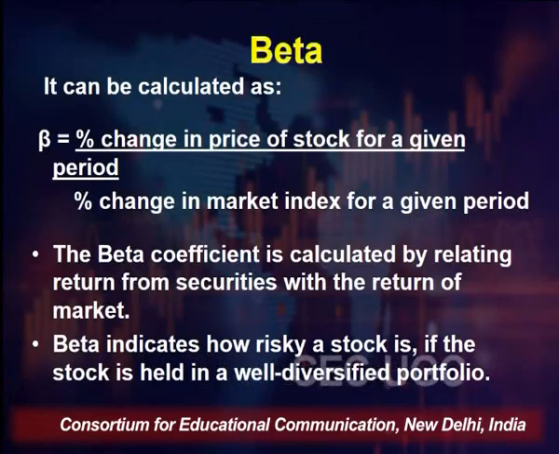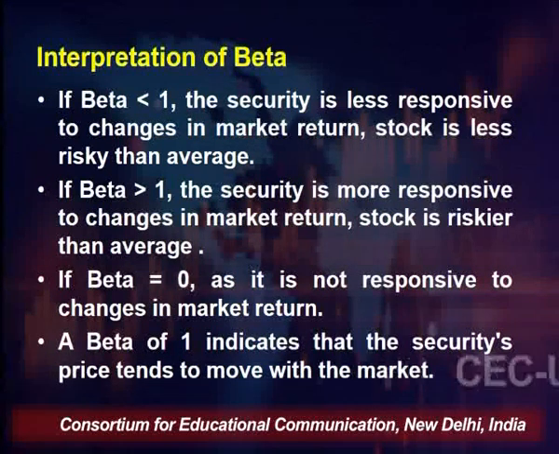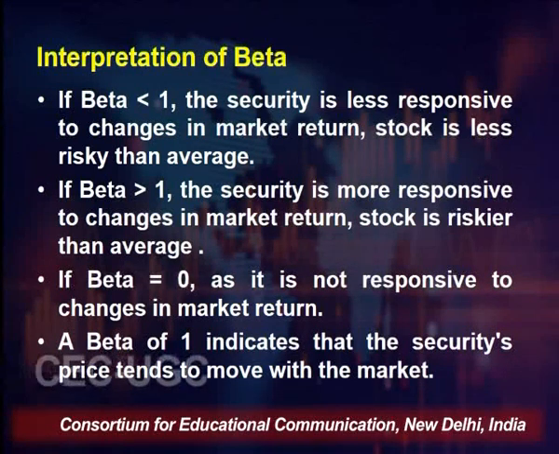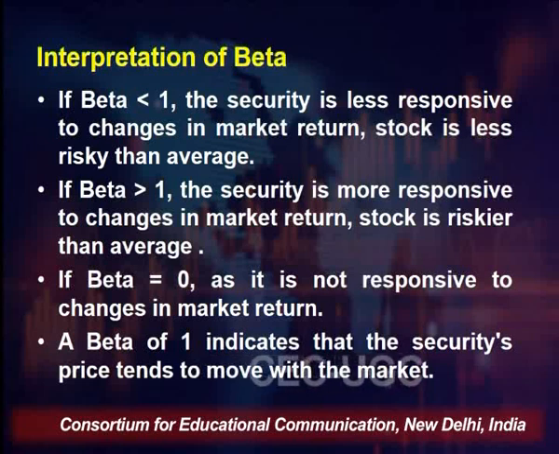Beta indicates how risky an asset or a stock is if the stock is held in a well diversified portfolio. So how do you interpret beta? If beta is less than 1, the security is less responsive to change in market return, the stock is less risky than the average return of the market. Like if I take a practical example, most of these PSU companies, public sector companies, of late,